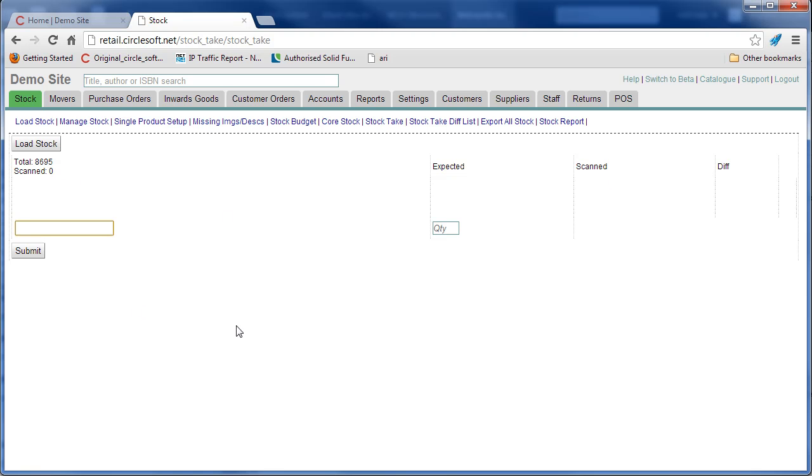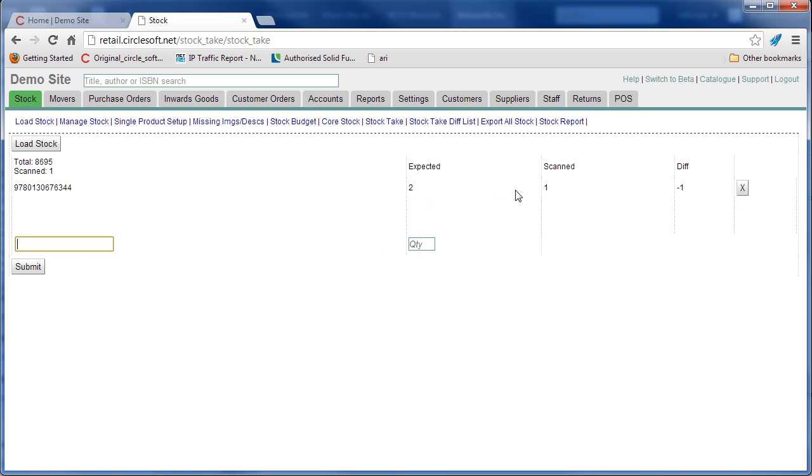Now I'm scanning into here, this title, and now you see that there's expected 2, it's scanned 1. Now each computer doing this will be expecting 2. Obviously this is 2 overall, but generally because you're scanning in different parts of the shop, this gives you a good indication that you need to look for one other one. It's not generally going to be picked up by the other computer. So anyway, I'll scan the next one,